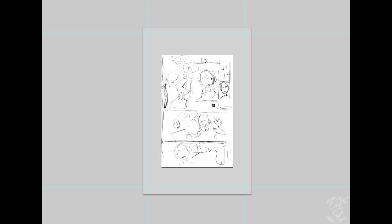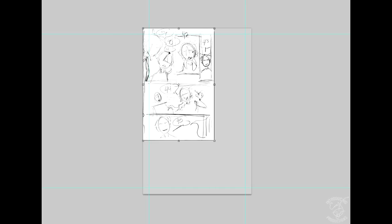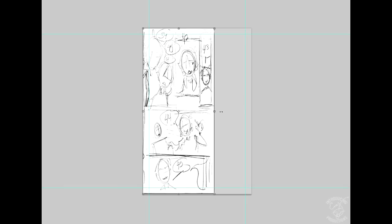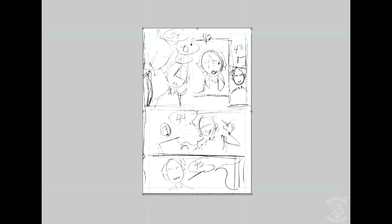So I make it a little darker by adjusting my levels, and then I take it over to my actual page template. I have a whole bunch of these. I just keep saving new ones for when I'm getting ready to do my comic. And then I